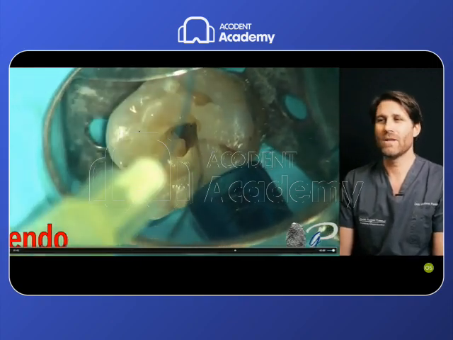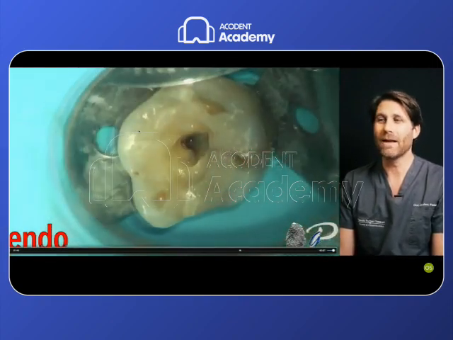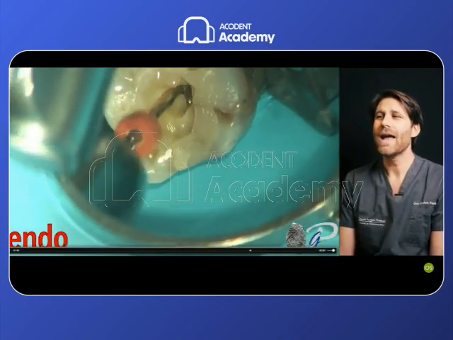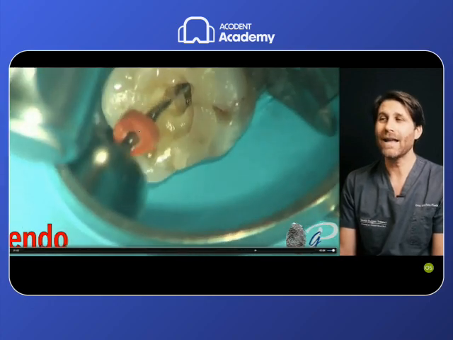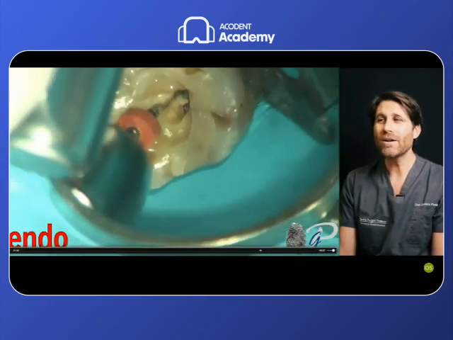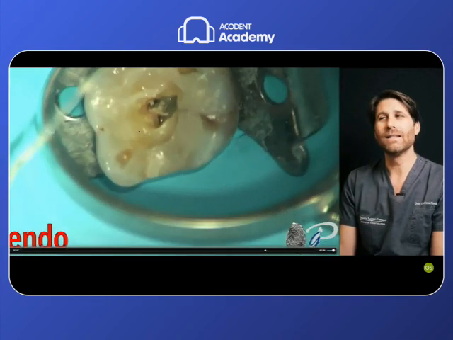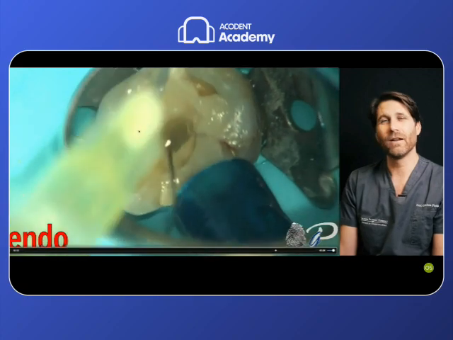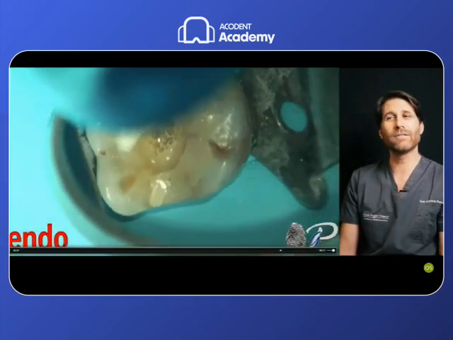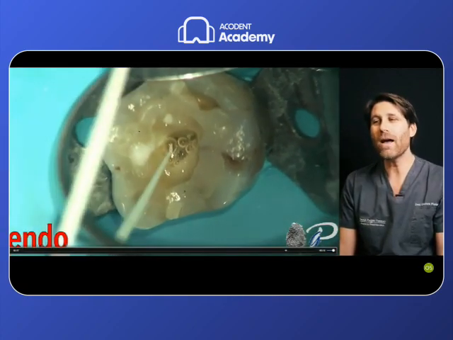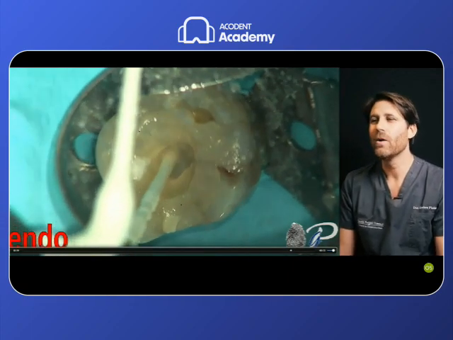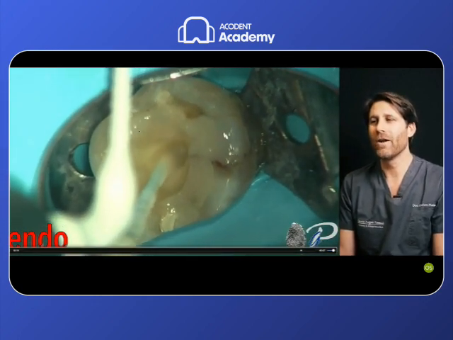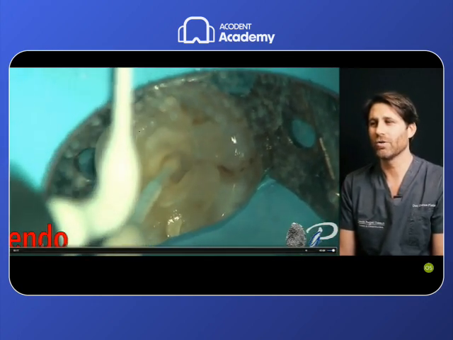So as you can see, the instrument is used with 3 to 5 pecking motions, advancing more or less 1 millimeter each motion, and then after each peck, irrigation. We can perform a brushing action to selectively remove the interferences with the use of this file, because this file has very good cutting efficiency, very good lateral cutting ability. So during brushing, when we go outside from the root canal, we can remove the coronal interferences to prepare the pre-flaring for the root canal preparation with the next file.